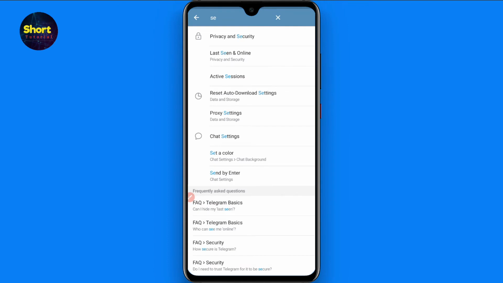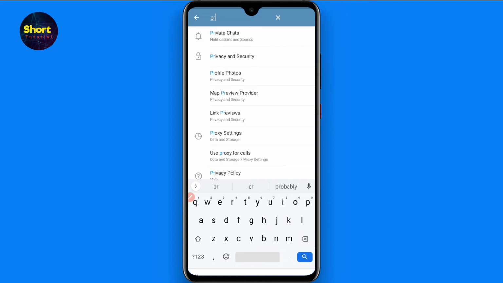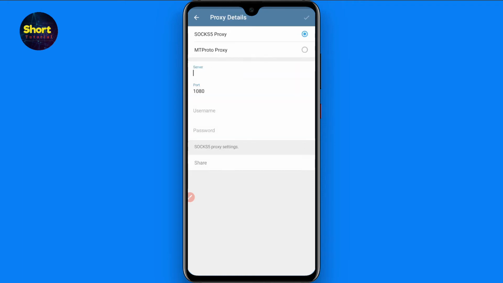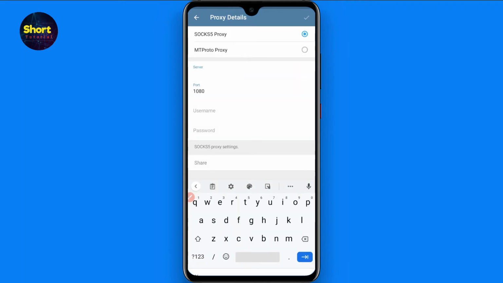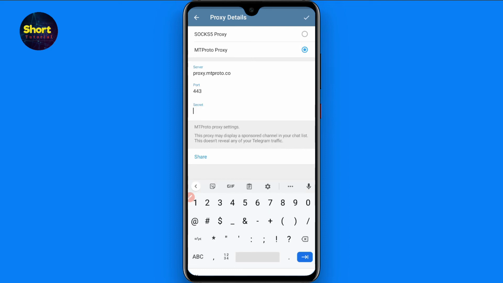your Telegram and go to the settings, and in the settings you have to search for the proxy. Once you click on it, here you will see add proxy, and from here you have to click on the empty proxy, tap on it, and here you have to enter the proxy name, proxy dot empty proto dot co, and here you have to enter the port 443, and in the secret you have to enter these digits